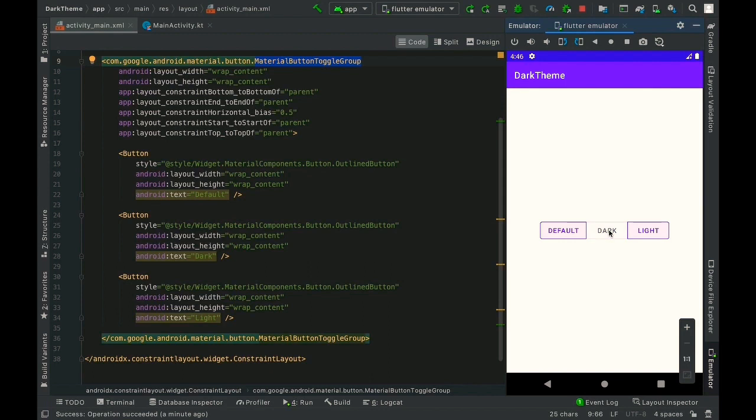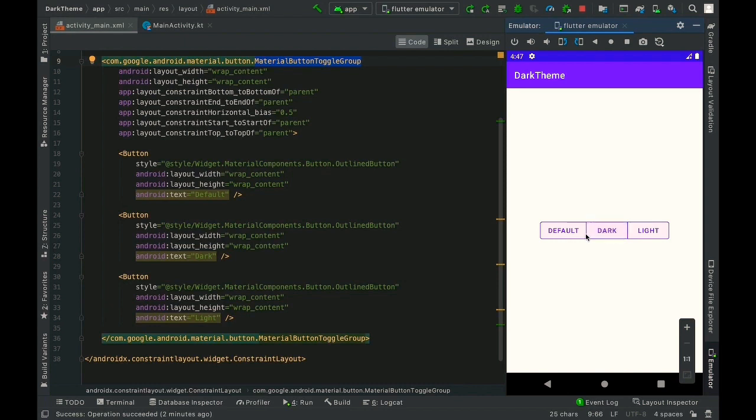So basically the buttons inside this MaterialButtonToggleGroup act like a checkbox. So if you guys are familiar with checkbox, you know we have 2 states in checkbox. We can select, we can check it or uncheck it. Like that, we can select a button and we can unselect a button. So when we select a button, it is like checking a button and it will get colored. So when we click again, it will get unselected or unchecked and the color will disappear.